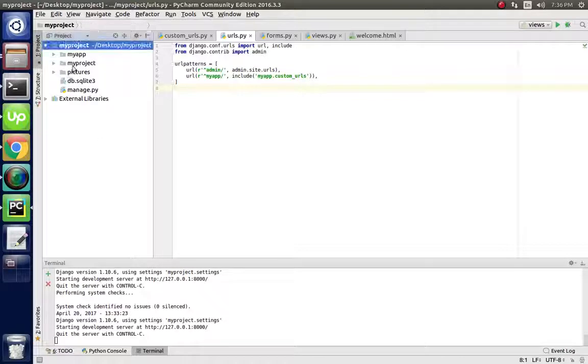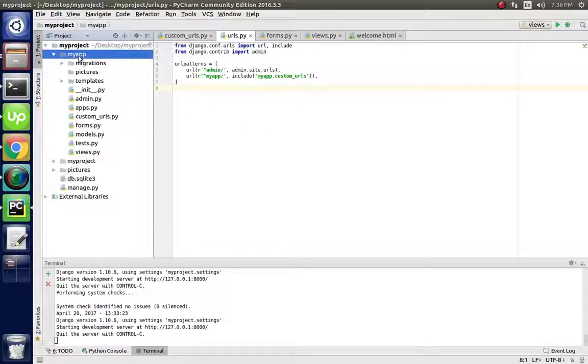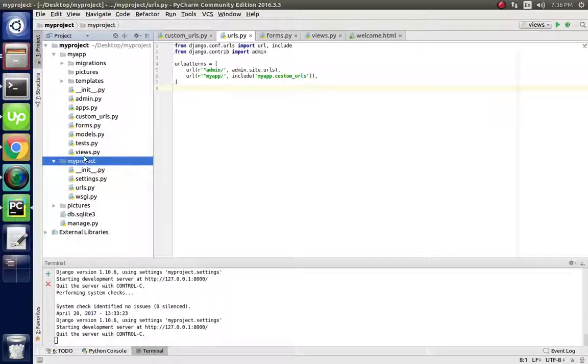We have to define the URL here. I'm going to show you how you will define your URL. You will find it here in my project urls.py, this one. Here I defined two types of URL, one for admin and another for my app. In my app I call my template.